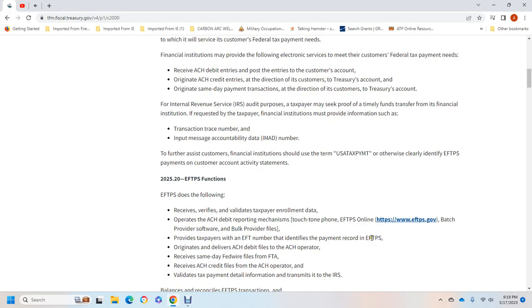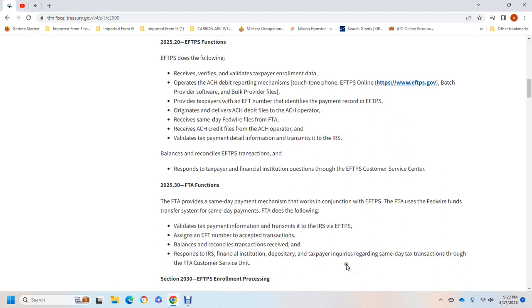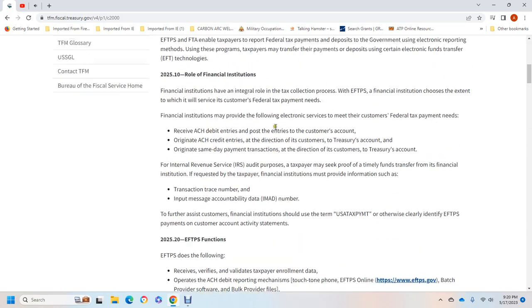The electronic federal tax payment system originates and delivers the automated clearinghouse debit file with the automated clearinghouse operator, and receives same-day federal tax